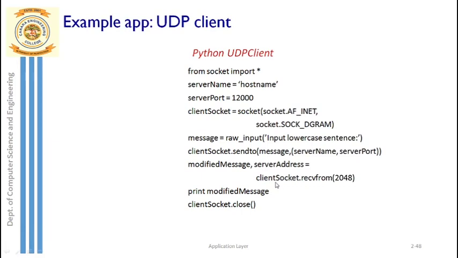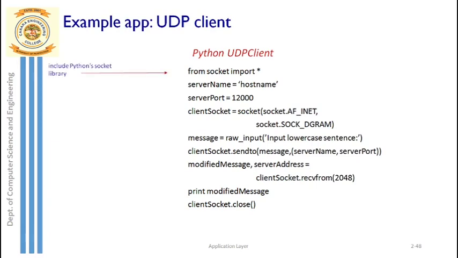Just see this part first. The client, through the client socket only, should receive the uppercase sentence, or the message. See, recvfrom is the function that is called through the client socket only. So recvfrom is to receive the reply, and sendto is the function to send the message. See here how you have to receive the contents. It is through the buffer only. The server will put the contents into the buffer, and through the buffer you have to receive the contents. You have to read the buffer, and you can see here 2048. What is it? It is the size of the buffer, the limit of the buffer. So 2048 is the size of the buffer you are using, from which you are reading the contents.